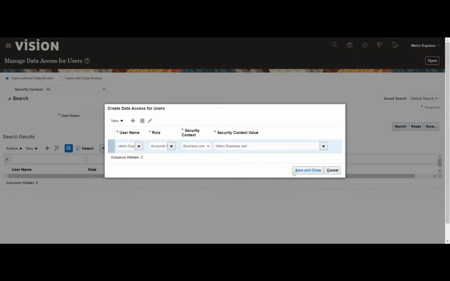Okay, I think access is given already. Let me check once.